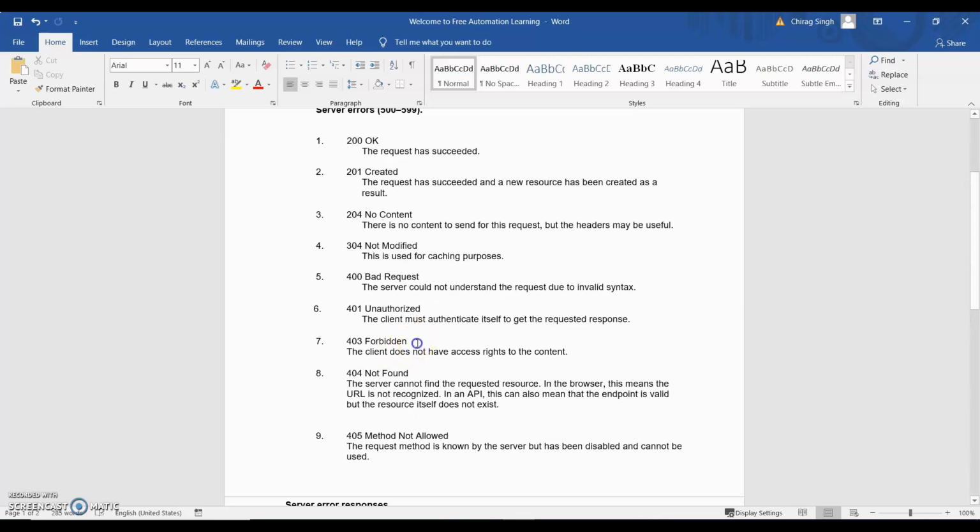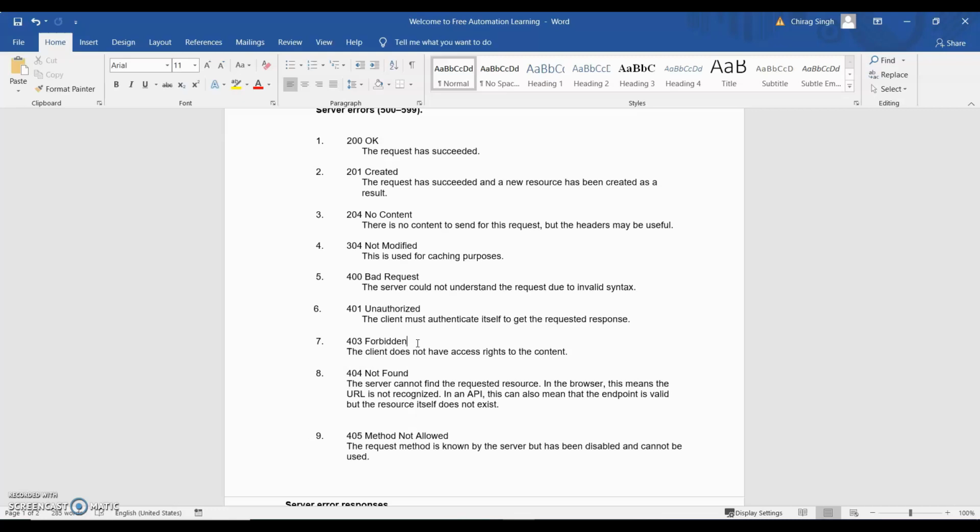And 403 forbidden means we passed the username and password and successfully logged into the application, but we do not have access to that content. Suppose I have simple user access, but I do not have admin access. If I try to fetch any data related to admin rights, but I do not have those rights, at that time I will get this 403 forbidden response code.